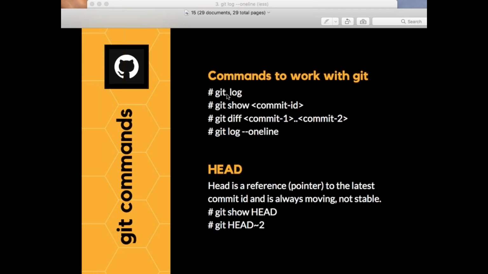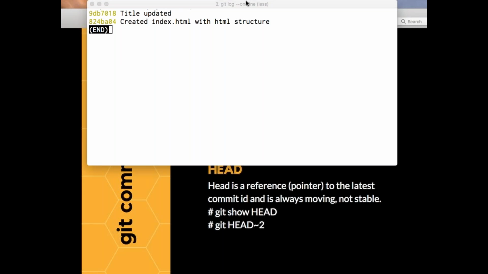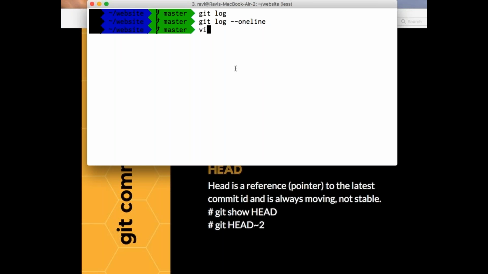Git diff, your commit 1, commit 2, commit 3, commit 4, commit 5, commit 6. Now I'm going with this specific change. Now let's say I'll add one more change, vi index.html. I don't need all this, right? I'll directly go with the